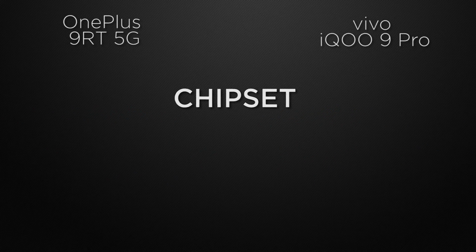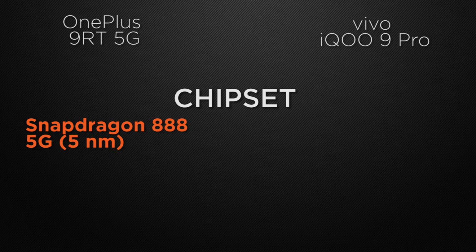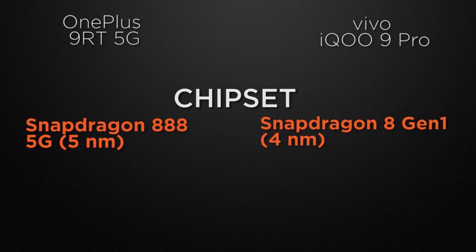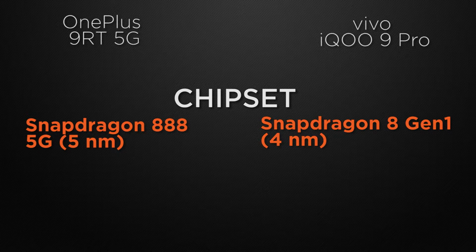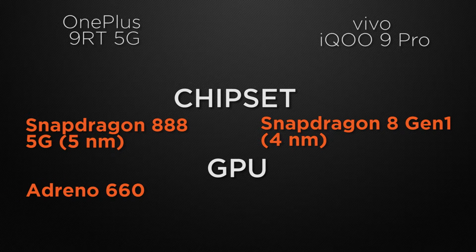Let's talk about the processor of the devices. 9RT is powered by Snapdragon 888 5G based on 6nm processor, whereas 9 Pro is powered by Snapdragon 8 Generation 1 based on 4nm processor. So the winner here is 9 Pro because it have new generation of processor which can give you faster processing speed. And about the GPU of the devices, 9RT is packed with Adreno 660, whereas 9 Pro is packed with Adreno 730. So the winner here is 9 Pro because it have newer generation of GPU, which can give you